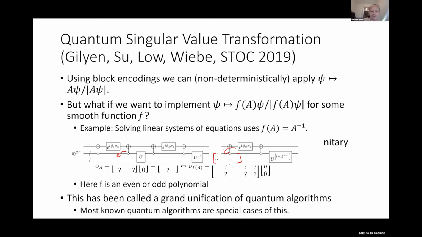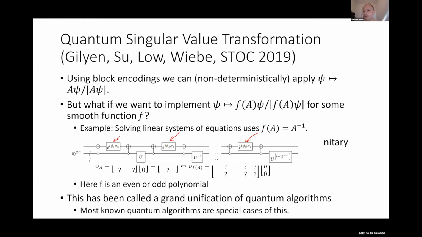And so just to give you an idea about what the quantum singular value transformation looks like, it basically ends up looking like this. U over here is the unitary that block encodes the matrix that we'd like to transform. The rest of it, in order to implement the function, is just specified by these rotation angles that are carried out on the qubit at the top. And there's an efficient algorithm for computing these rotation angles.